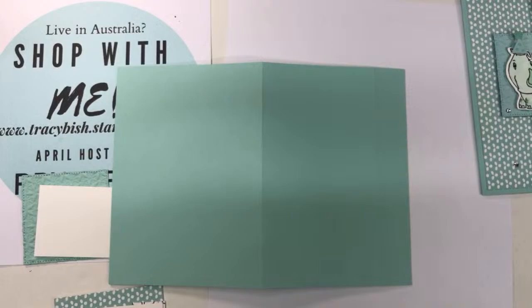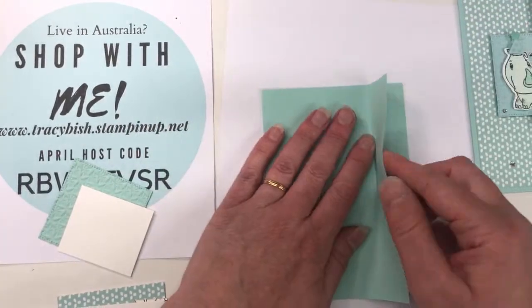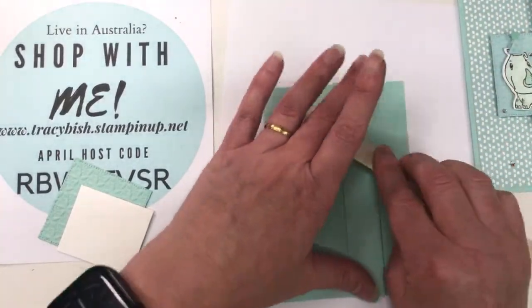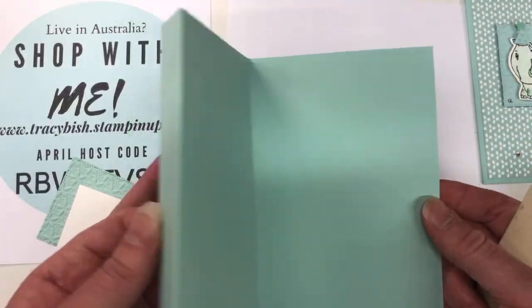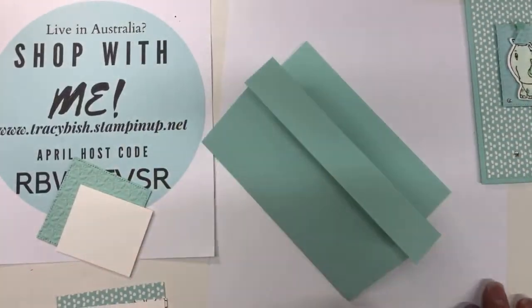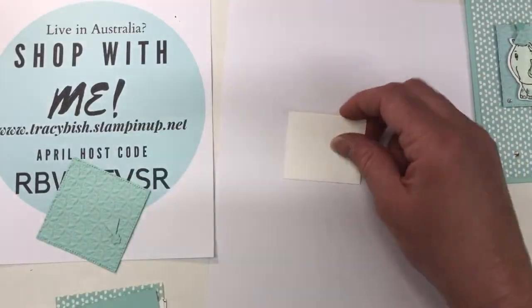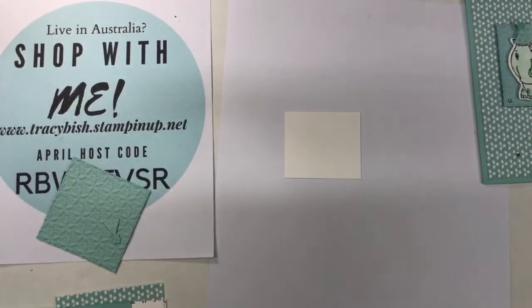So I haven't done that with your kit, but it's easy enough to do. And we're just going to fold that back and use the bone folder to burnish that really well. How easy is that? Simple, simple, but when you're adding the DSP in, it's just so pretty. So we want to stamp our rhino first, just to give him a little bit of time to dry